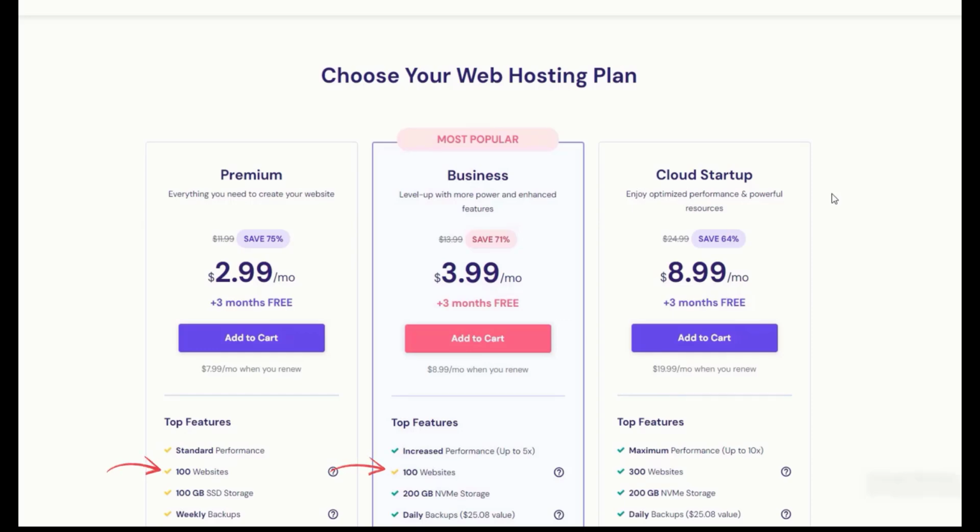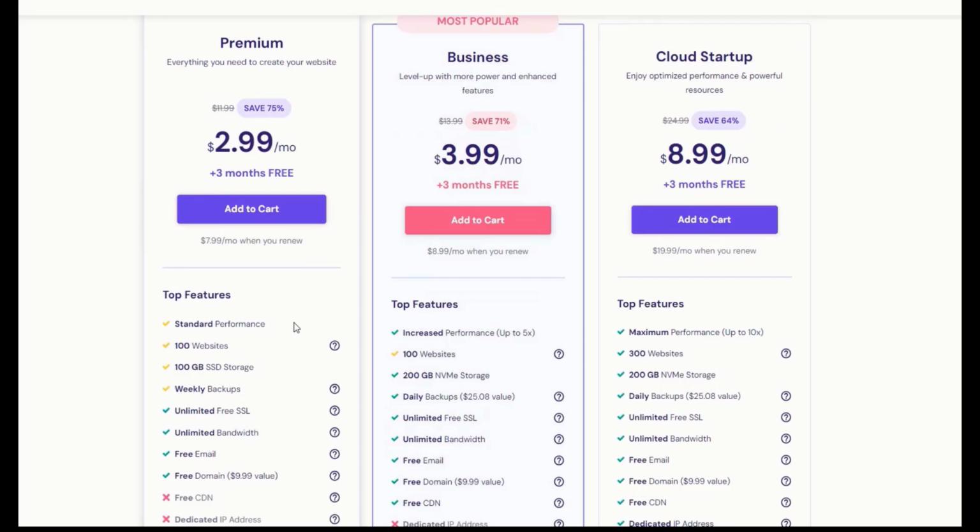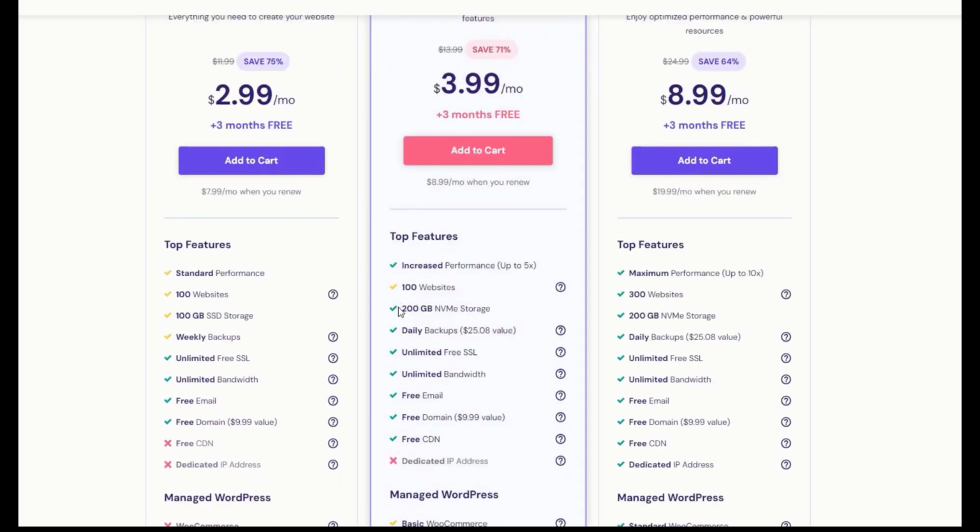For example, today you're creating a portfolio website, tomorrow you want to create a business website, and next week you want to create an e-commerce website. So you don't need to purchase hosting each time. So here with this premium plan, you'll get 100 GB of SSD storage. With the business plan, you get 200 GB of NVMe storage, and with any of these plans, you'll get all